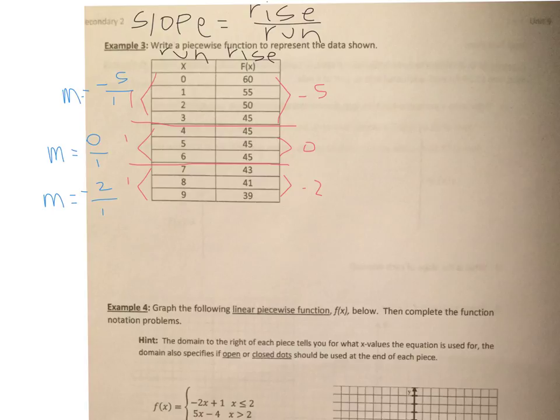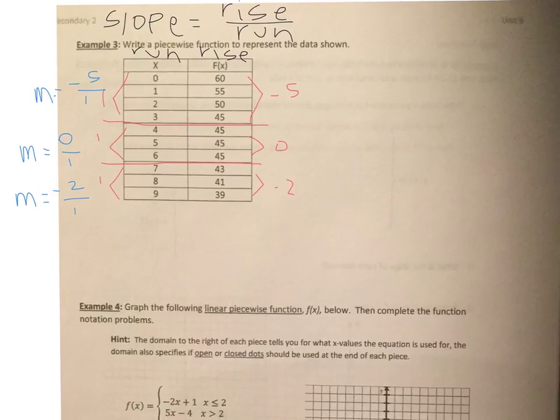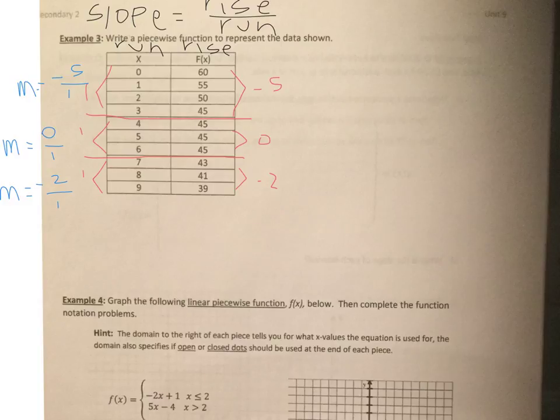Remember, our second step is to plug into the point-slope formula. So if we plug into the point-slope formula, I'm coming over on the right side and I'm going to do the first section. I'm also going to pick the very first point to plug into the point-slope formula. So when I plug in, it's going to say y, whoops, let me use the pen, not the highlighter. It's going to say